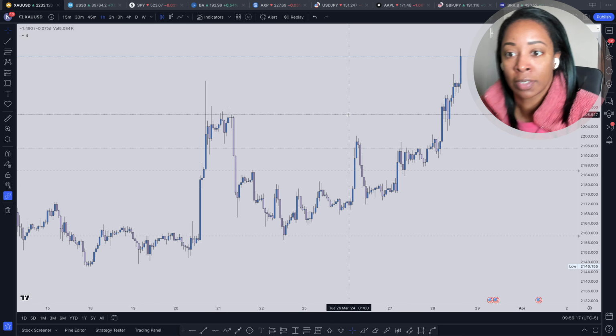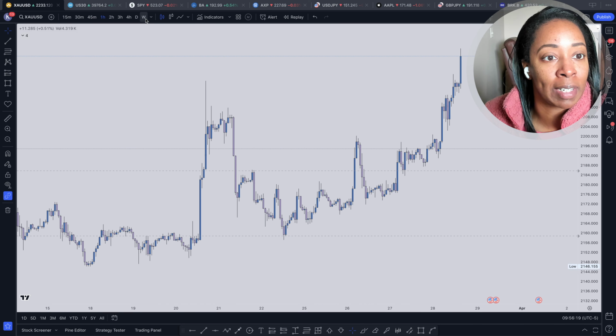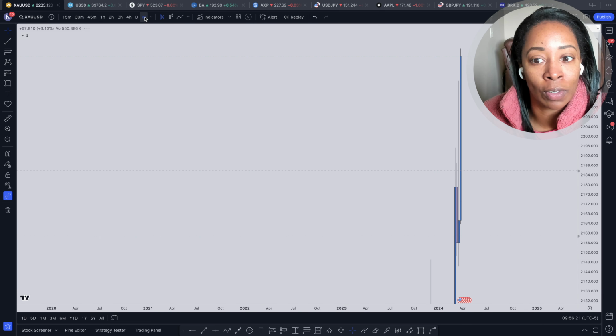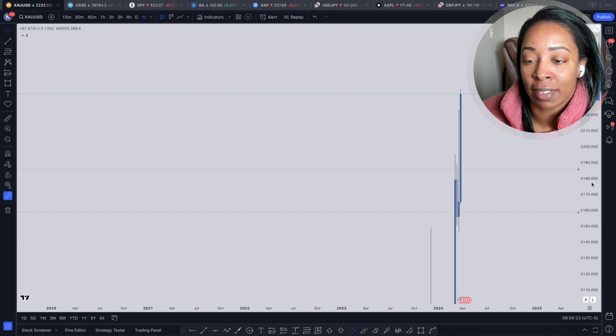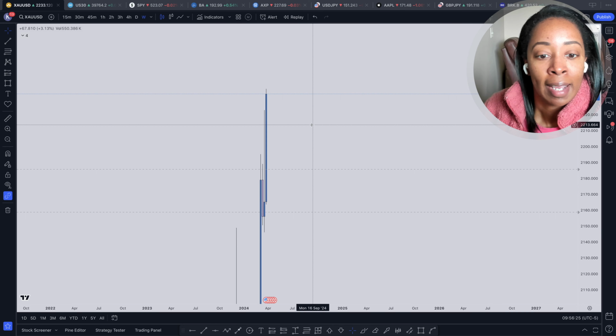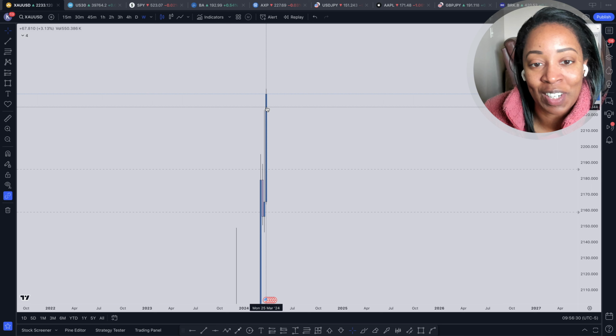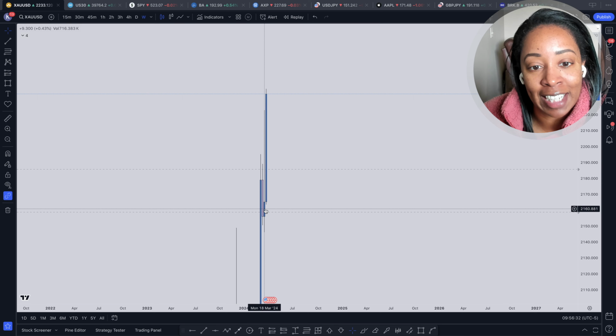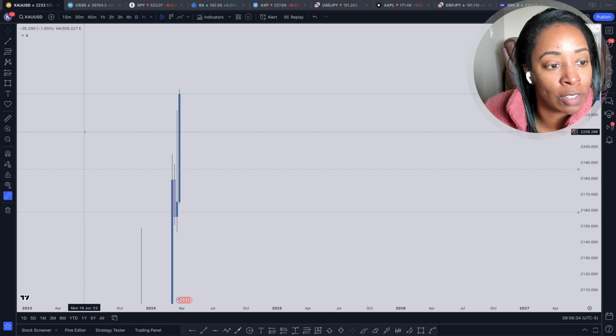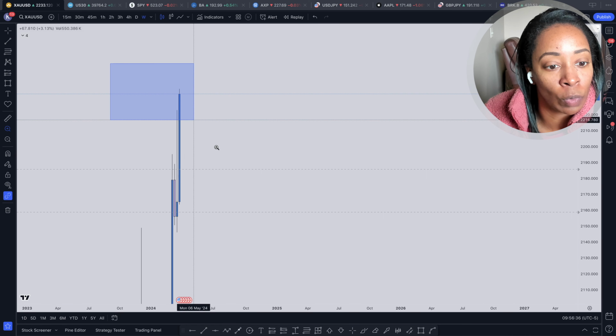Okay, great. So let's do the same thing we do every single time. We start on the weekly chart. And as we can see, let me move this over. And as we can see, we can see this really, really big candle from this past week. Last week, there was a lot of movement. Let me zoom this out because these wicks are really hard to see.